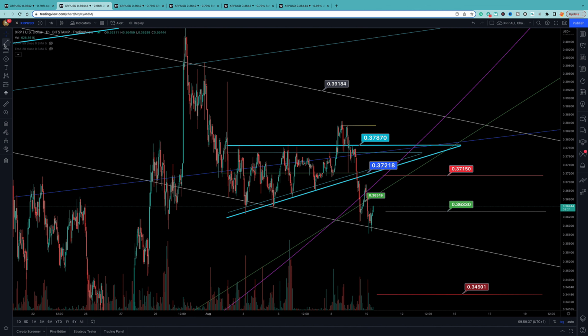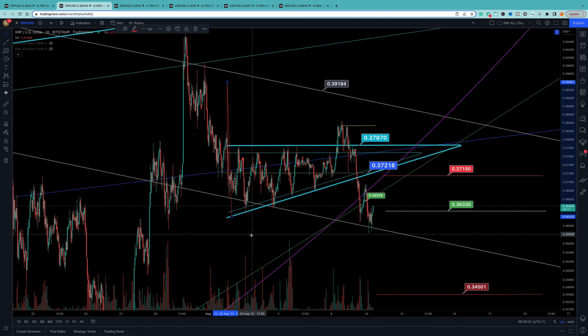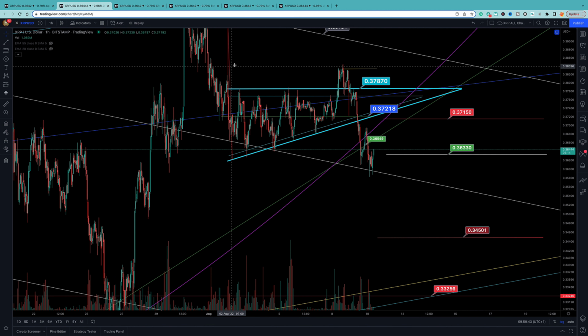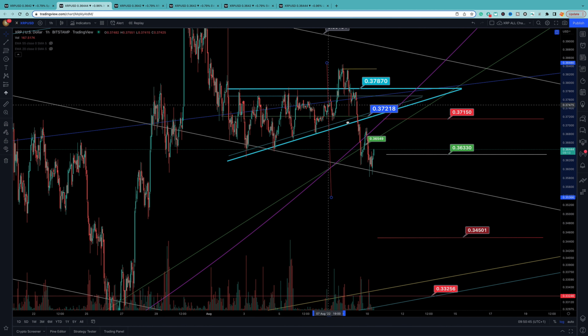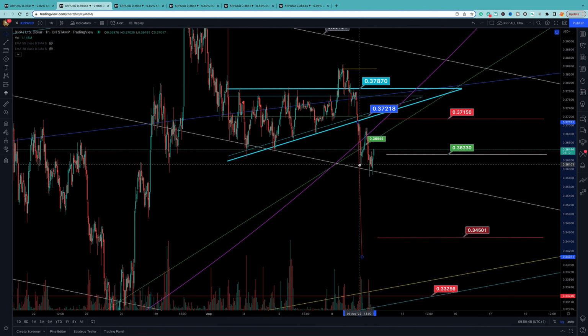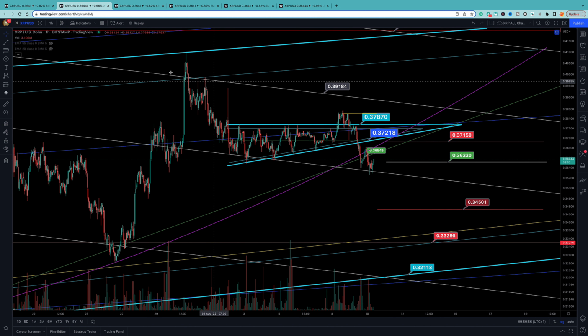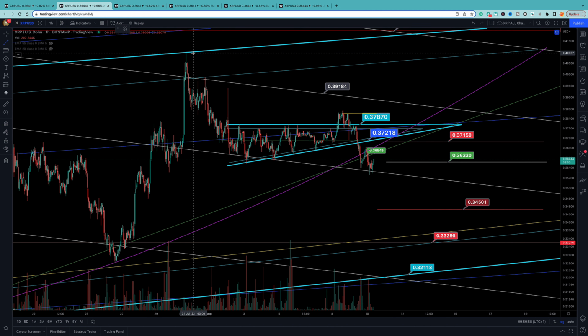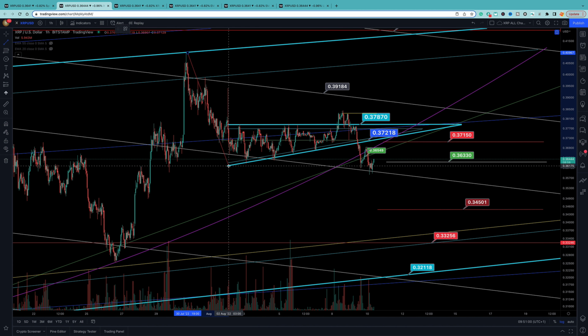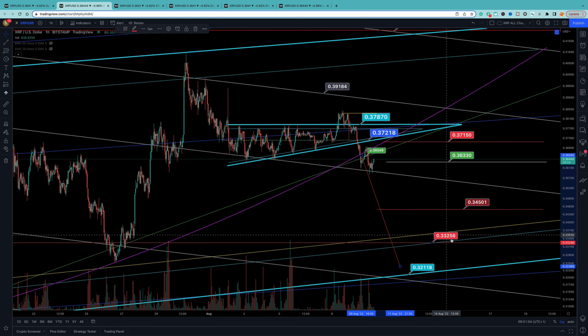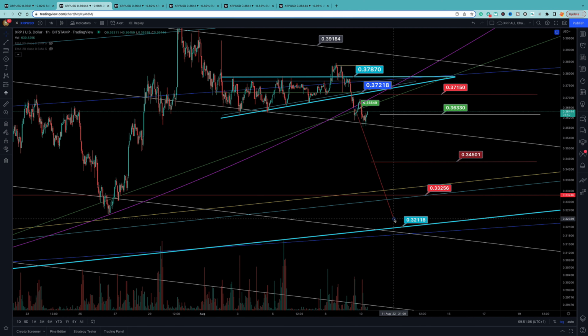Now, one of the reasons why I picked 3450 is if I treat this as a bear flag, I'll put this here like this. It brings me down to 34 or so. If there was another leg down, then maybe I would take it from here and I would put it here, and this would take it down to